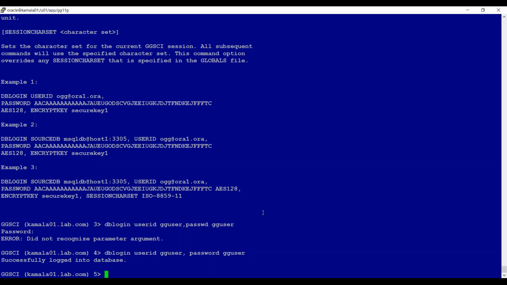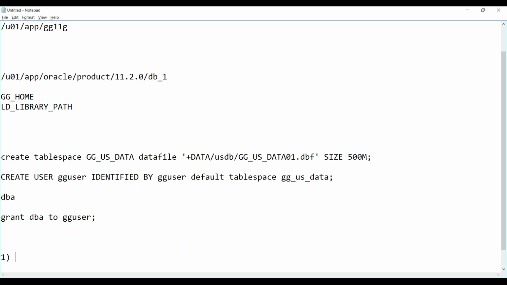And the second point is, if you remember, sometime back I mentioned the parameter files for each component. The way we have a parameter file for an Oracle database environment, in a similar way we have a parameter file for all the Golden Gate components. Manager will have its own parameter file, extract will have its own parameter file, replicat will have its own parameter file, and data pump also will have its own parameter file. So before configuring any component, the first important point is we need to prepare the parameter file,